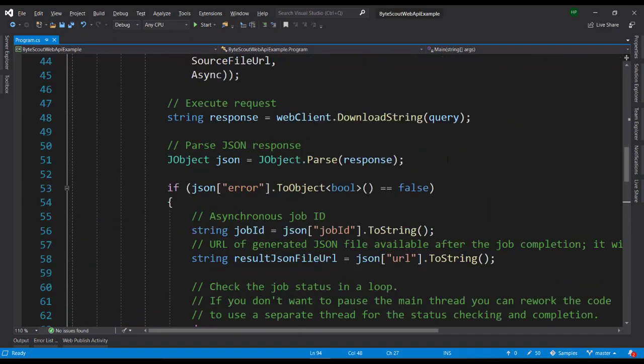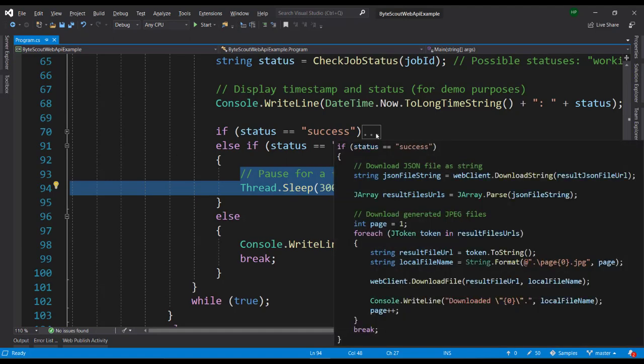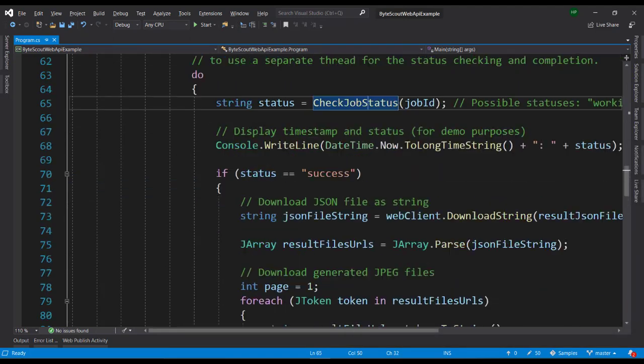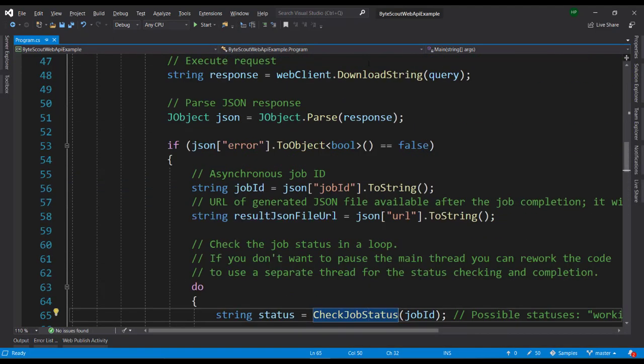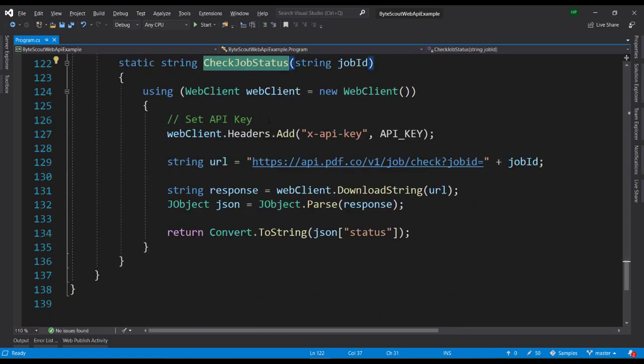And if we go into this check job status, you can see we are calling another API, which basically just checks the status of the job, and we are providing the job ID here. Obviously, we are passing the API keys into headers. We are getting the response, and we are parsing the response into JSON. We are fetching the status, and we are returning it.